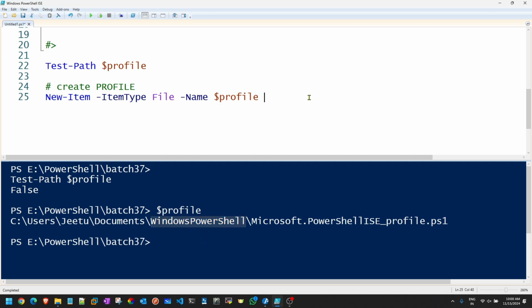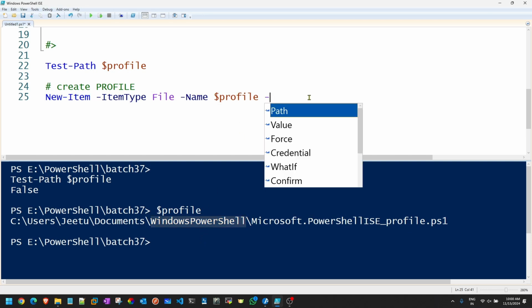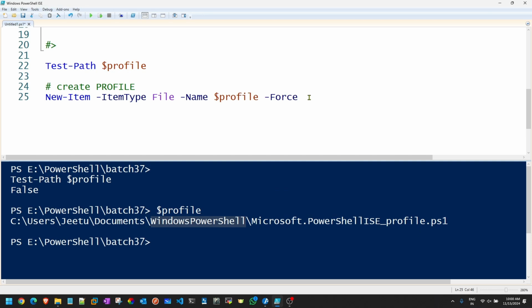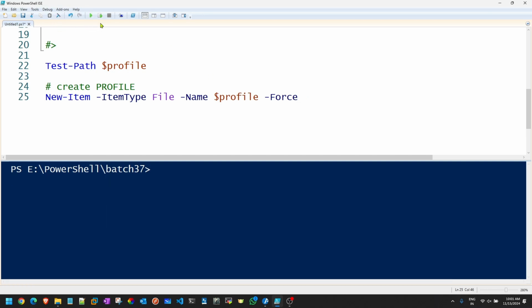Okay. So what we need to do is just add one more parameter called Force. It will forcefully create the file. If the folder doesn't exist, it will create the folder and then create the file inside. So with one single parameter, all these things are happening in a single shot. Got it now? Now when I run this command,